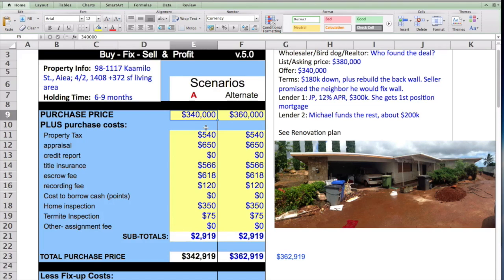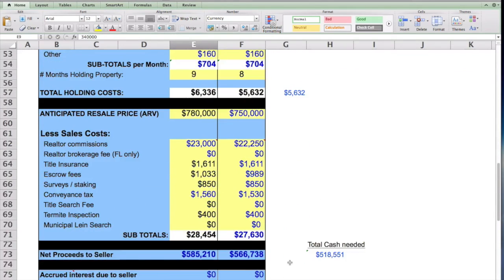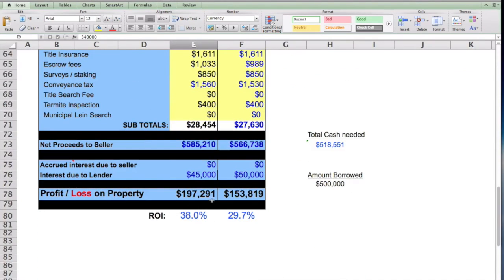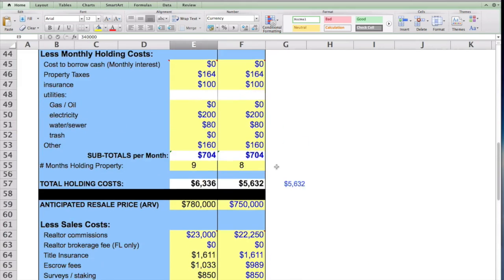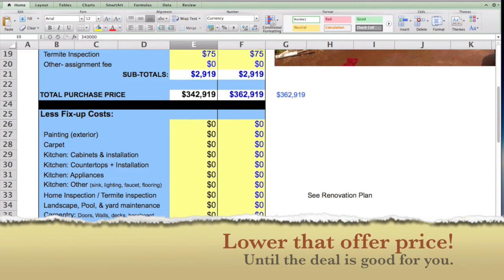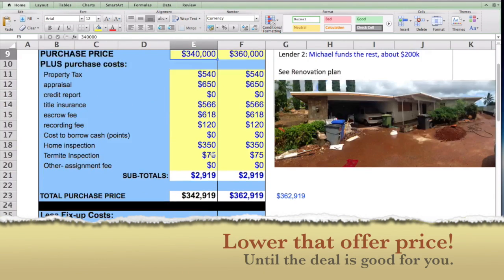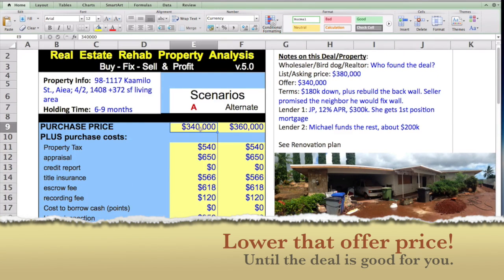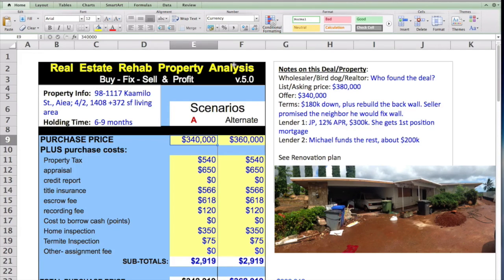It just means that in most cases you're going to need to lower your offer price until the number down here makes sense. You've got to be able to back out all of your costs no matter what. Okay, so the only other thing that you could really change, like I said, is to make some tweaks to your renovation costs here, but not a whole lot. And then everything else is going to focus on this purchase price. Okay, so there you go. And this is a pretty helpful